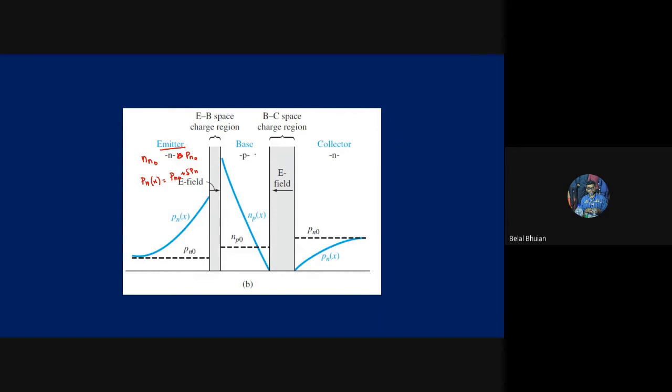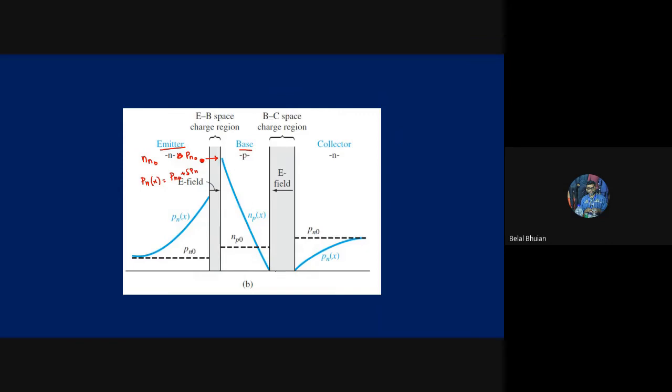So now, emitter and base, both of them are forward biased. That means electrons will be injected from the N side to the P side, and this electron will become excess minority carrier. As the total minority carrier is moving through the neutral P side, it will experience diffusion as well as recombination.